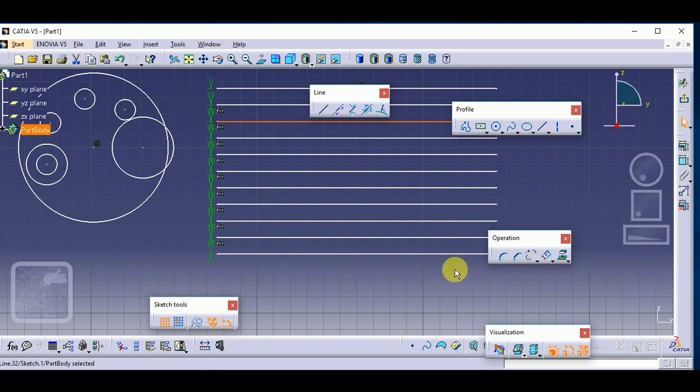We know that once we create a basic profile, every time we have to modify it according to our basic requirement and to maintain the dimensional accuracies. So for that process we are using this operation toolbar, and this is a very important tool to modify the profile. So I hope that in today's lecture I have covered the basic operation toolbar which is used in Sketcher. So I hope that you like it,